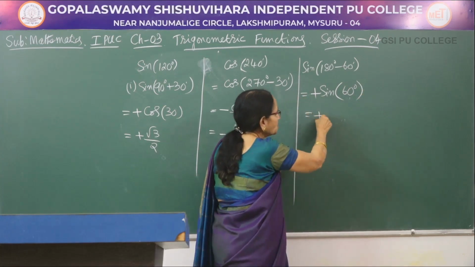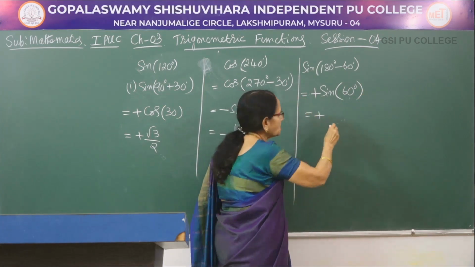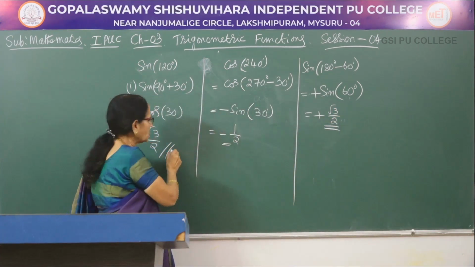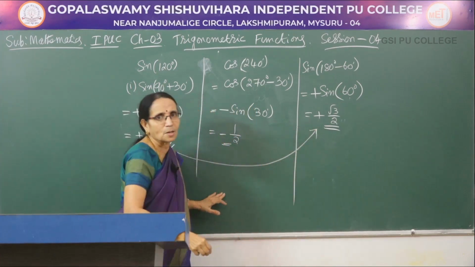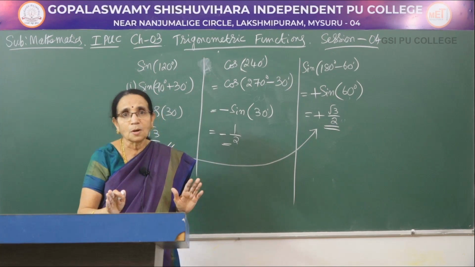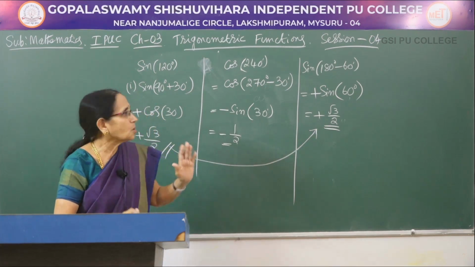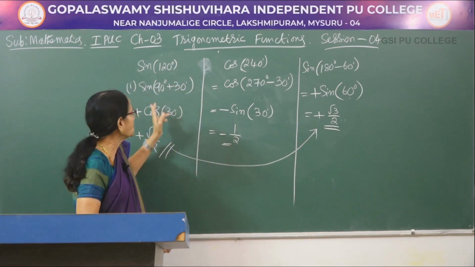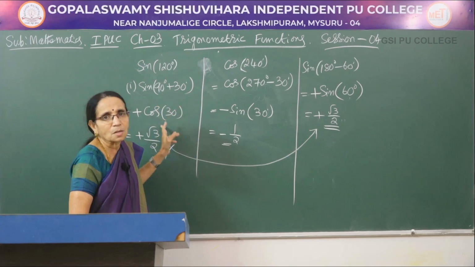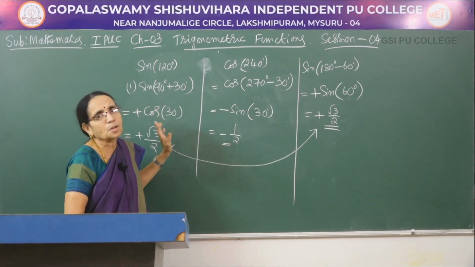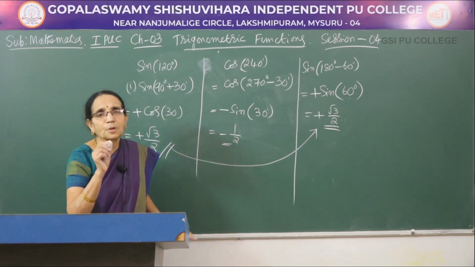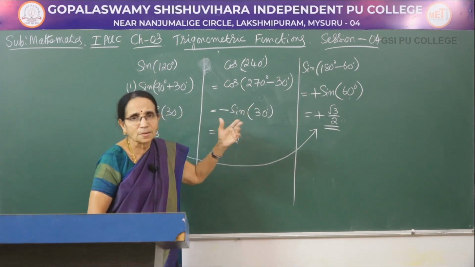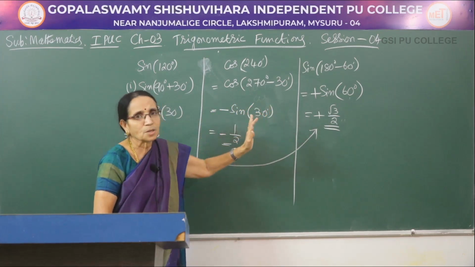Now, what is the value of sine 60? It is a standard value, root 3 by 2. Look here, here also we had got root 3 by 2, and there also I got the same value. So, whichever rule you follow, if you apply it properly, you get the same value. But here you have to be extremely careful to write sine as cos or cos as sine, tan as cot, cot as tan, secant as cosecant, cosecant as secant. For the sign part, refer to the ACTS rule. So, we get the same value. If you write it as 180 plus something or 180 minus something, the same function continues.